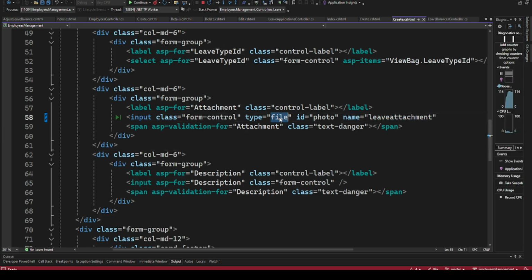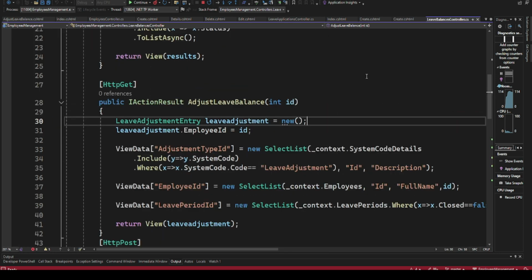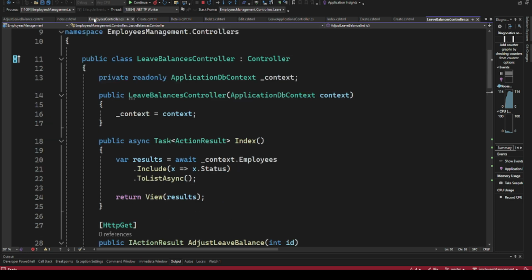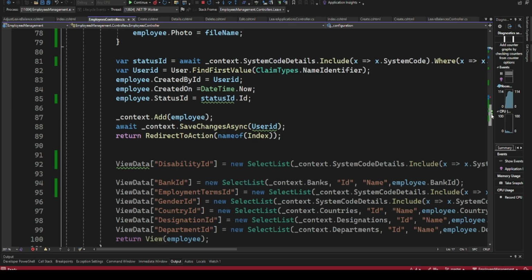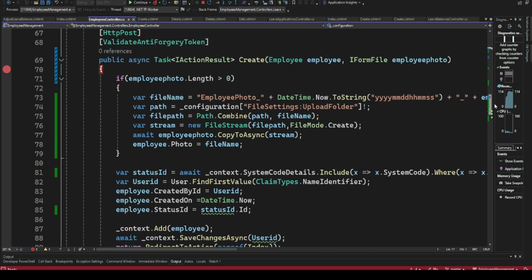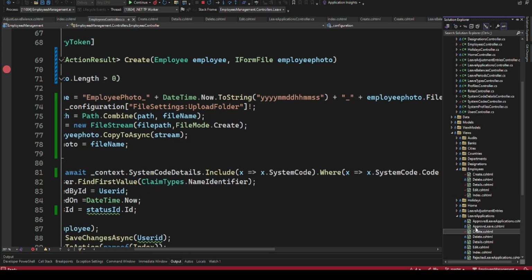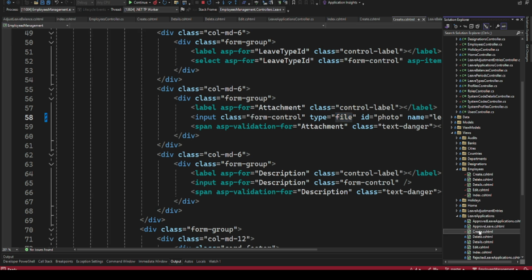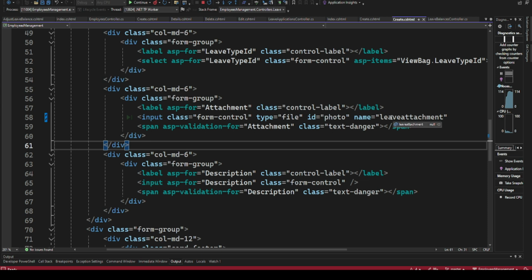So the type is files. So that should not be the type. The type should be file. So we should have that as the... So on our, let's just confirm what we did in our employees. So if we do that, so the only thing that is missing is, you see here, we have a leave